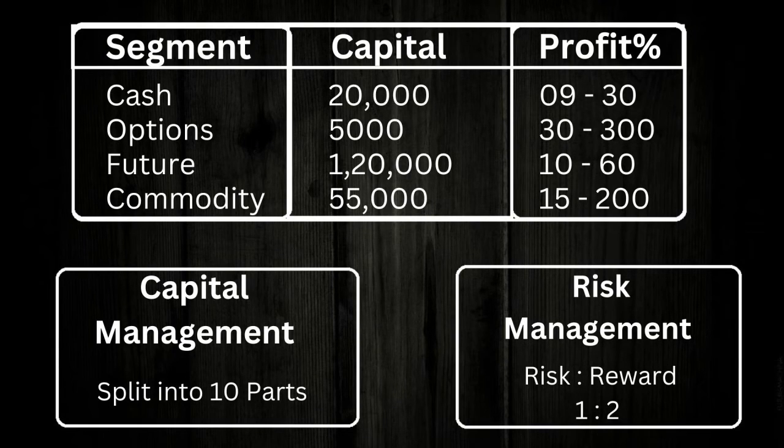So the difference between entry price and stop loss is known as risk, and the difference between entry price and target is known as reward. So your reward must be greater than risk, almost 1:2 or 1:3 or greater than 1:3. Your reward must be almost double or more than double the risk. It means if you are getting a loss of 10,000, then you must earn 20,000 or more in the next trade. Otherwise, you can't recover your loss.